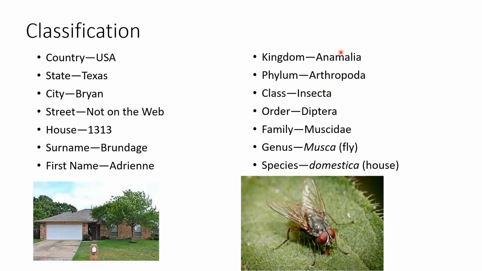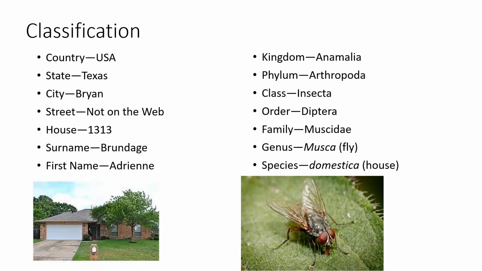So we go the kingdom Animalia, so all animals, break them up into those that all have the same characteristics, the Arthropoda. We break that up further into groups that have the same characteristics. In this case, it's all the insects, or in the class Insecta. Then we break them up into the orders. So these are all even smaller groups of insects that have the same basic characteristics. So in this case, if we're looking at this particular fly, we're breaking them up into the order of flies, or the Diptera. Then we move into even smaller groups, the family Muscidae, or the house flies.